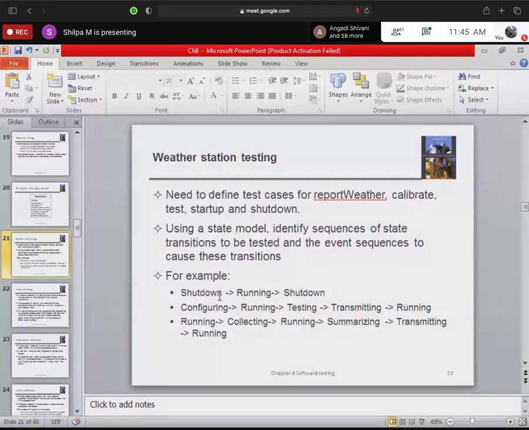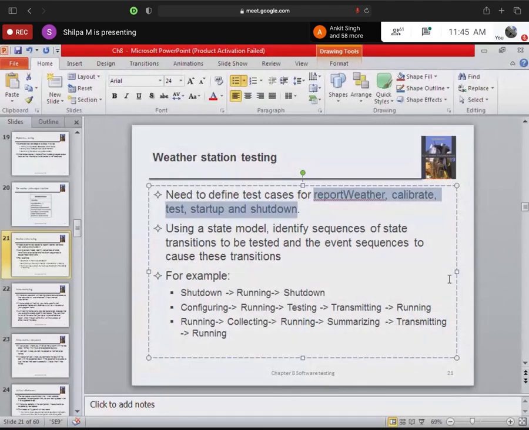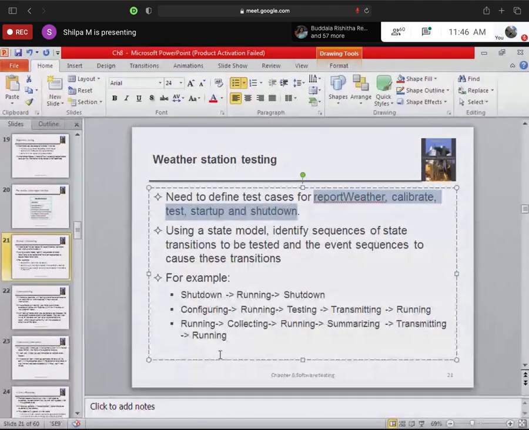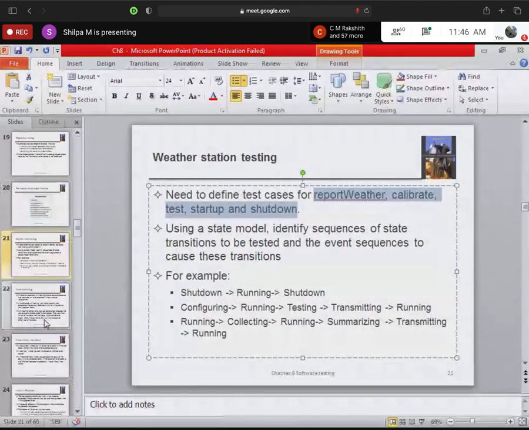Ma'am, how can I get to know these test cases? Whenever you see the state model or different design components, for example your state transition diagrams, context models, UML diagrams or use case diagrams, seeing all those designs, you can come up with your test cases. What is a test case? Can someone say what do I mean by a test case? Yes, guys, someone say, what do you mean by a test case?